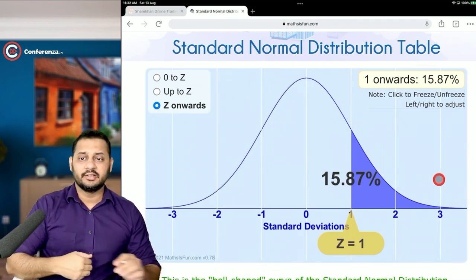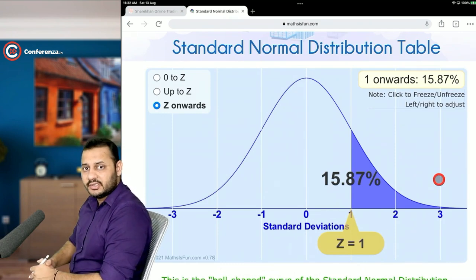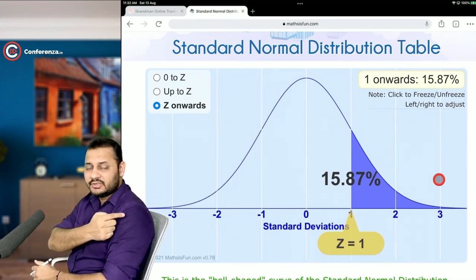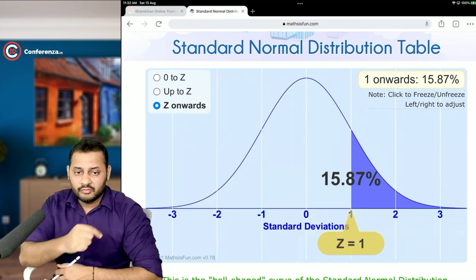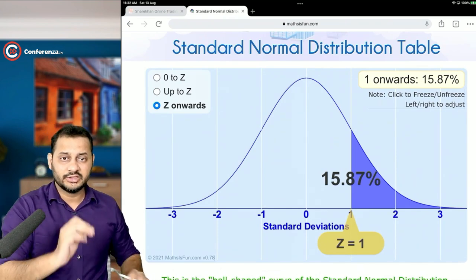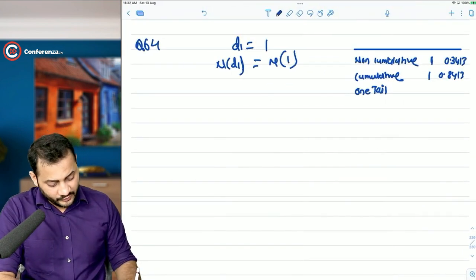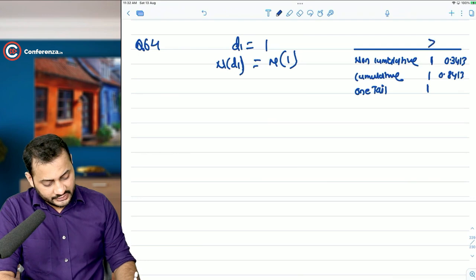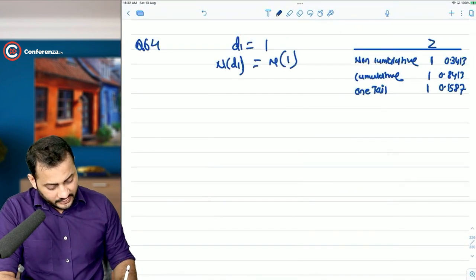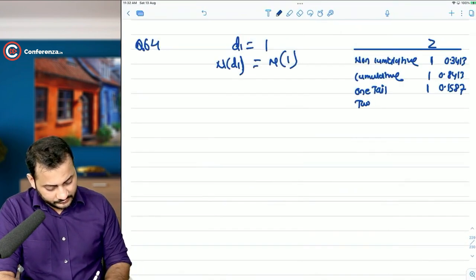If you are standing like this, what I need is the body part, and this is the tail part which has been given to me, which is 15.87%. So the one tail value of Z score 1 is 0.1587. Sometimes they will give you two tail values,